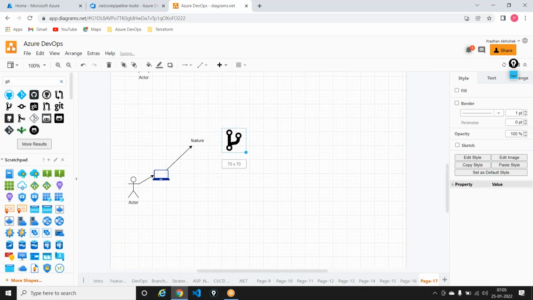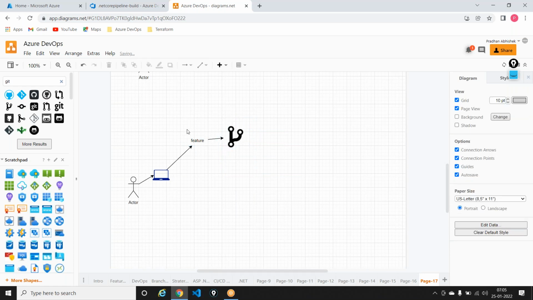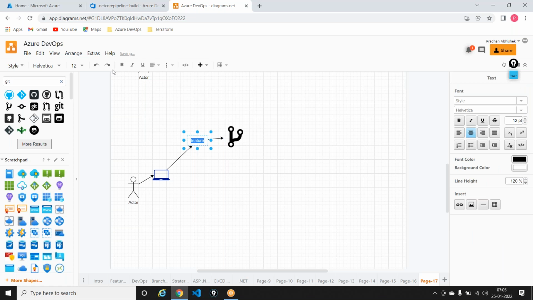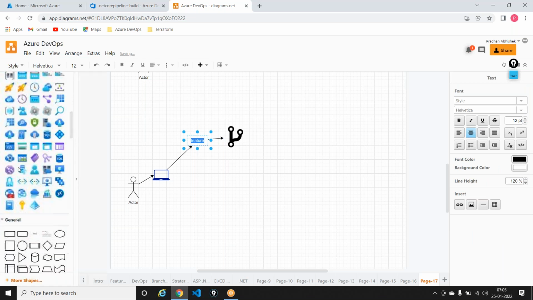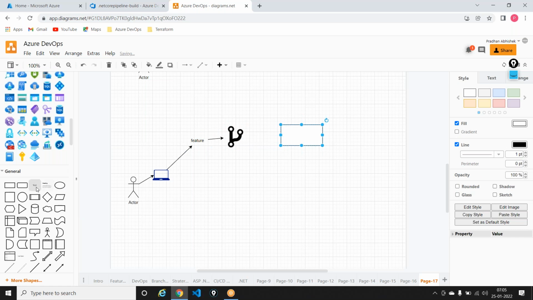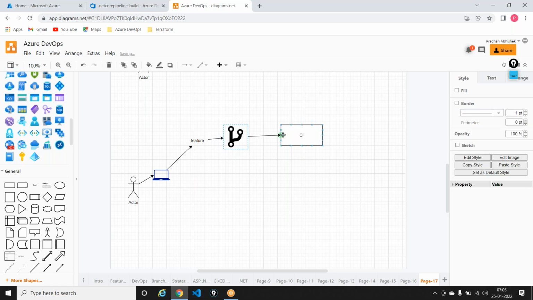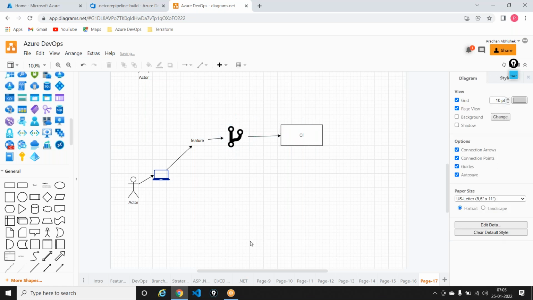Now this is the symbol of a branch. So I'm using a feature branch, raising a pull request to the develop branch in your repository, and then the feature is getting deleted, and then you have your continuous integration pipeline getting triggered here. This is the workflow that we established. And what's happening is that